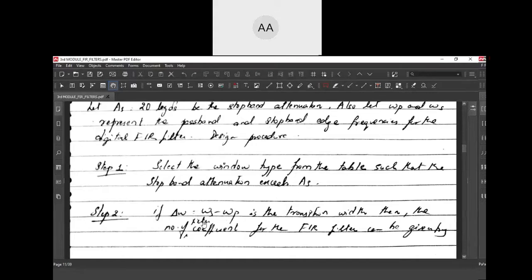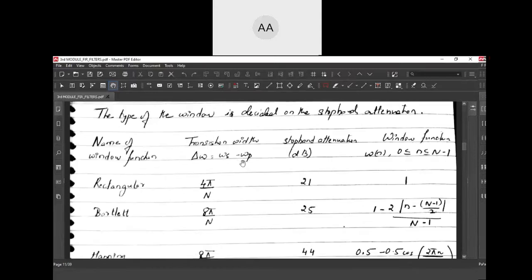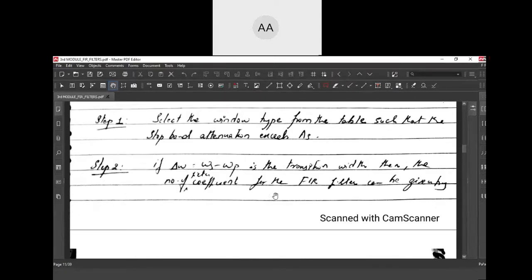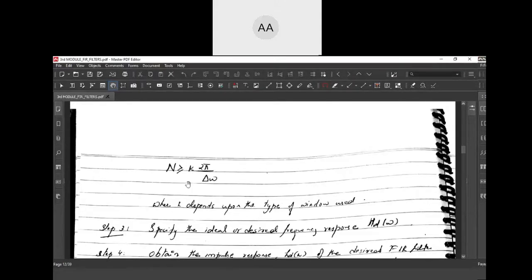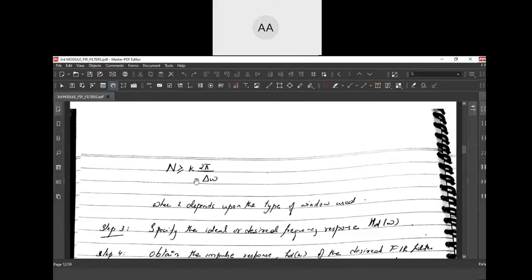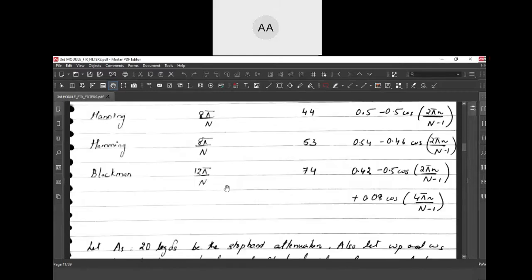Next, choose the transition width, that is delta omega. Whatever is there, try to calculate for the FIR filter using this relation. Delta omega is equal to 2 pi by N into some k value. Now the k value you can write down.